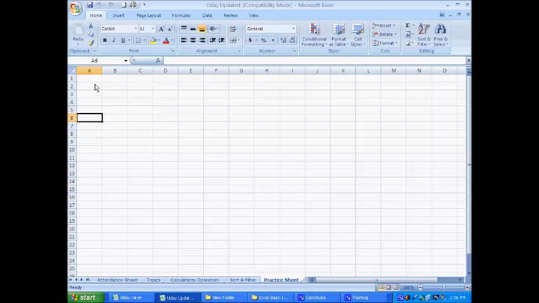What is happening? Your cursor is going down. This dark part which is going down is called the cursor. So as soon as you press the down arrow on your keyboard, you can move downwards on your Excel spreadsheet.